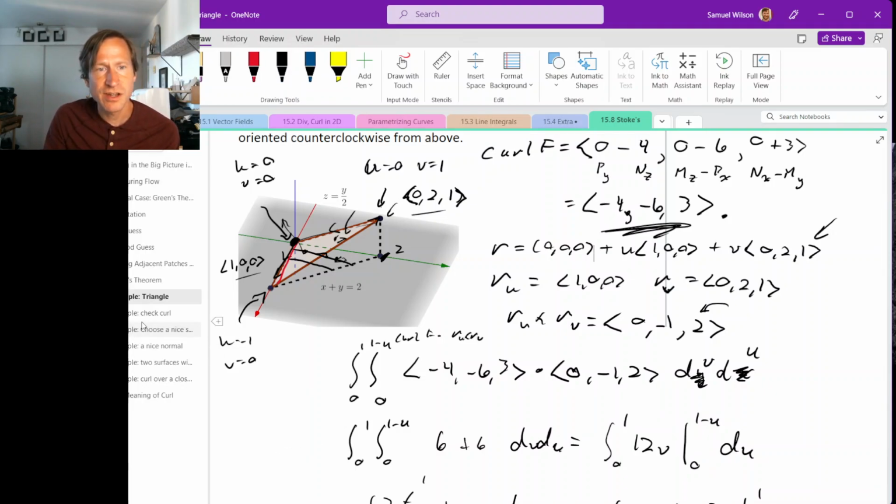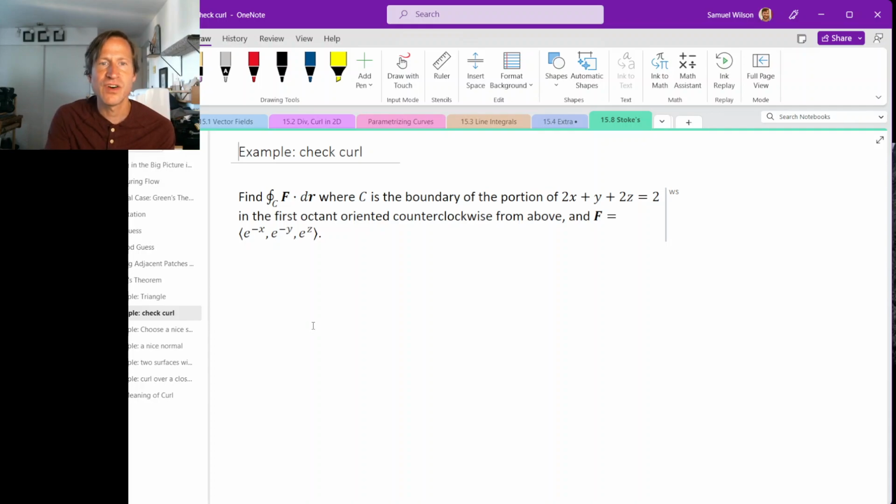Okay, let's look at another example. All right, so let's find the integral around this curve, the boundary of the portion of this plane in the first octant, oriented counterclockwise from above. And F, our vector field, is this vector field. You aren't usually obligated to ever use Stokes' theorem, but you always have to keep it in mind as an option. So for this, you always have to compare, would it be more work to do the line integral